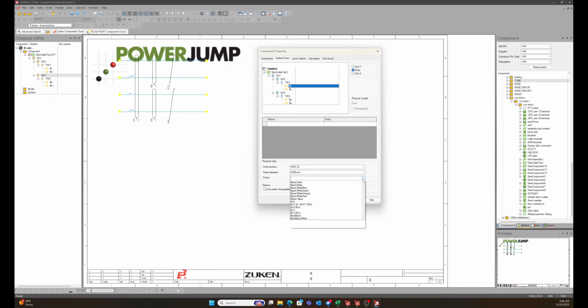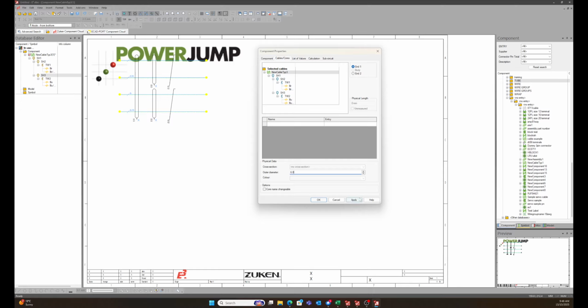And then we've got brown, white, blue, and blue, white. So relatively straightforward. The only variable here is we have an individual cross section, an individual outer diameter, but then we go over here and you'll notice there's an outer diameter for the full enclosure. So if I say this is going to be 6 mil, 6.0,